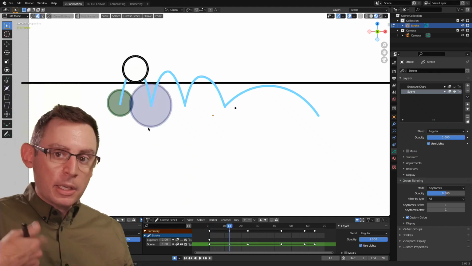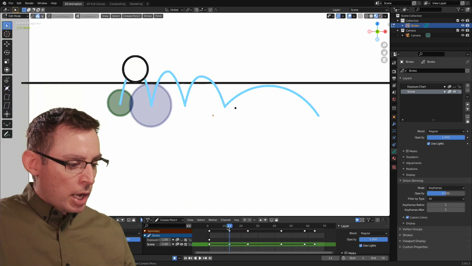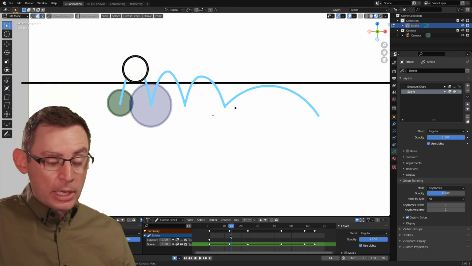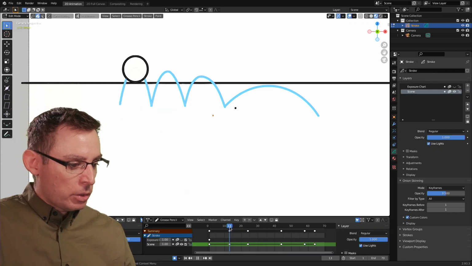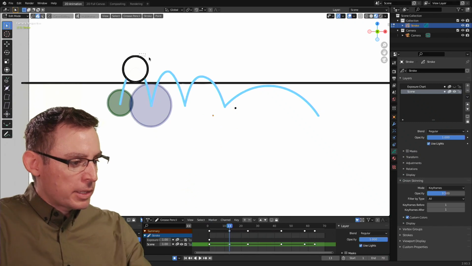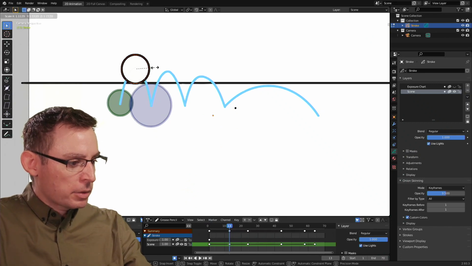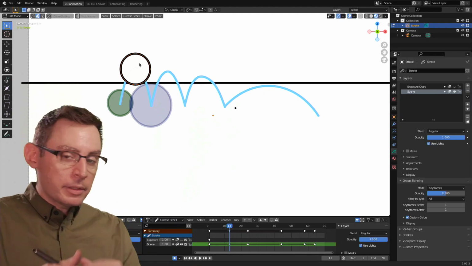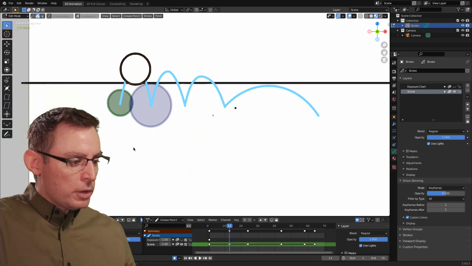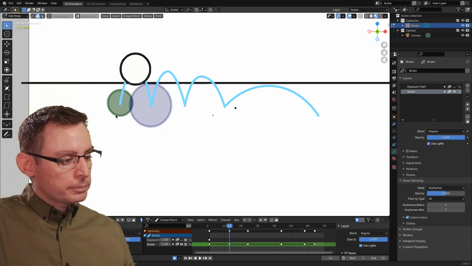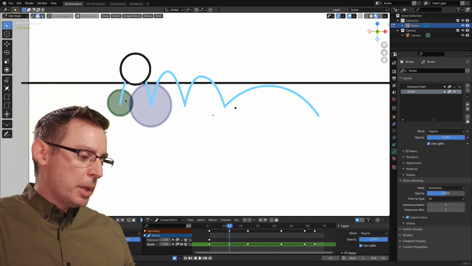Your onion skinning is going to do a good job of helping us understand what's currently active on each animation frame. Okay, so I like this. This is a good place to begin. I think I'm going to increase the scale of this object ever so slightly, because not only is it going to be moving, but it's going to be scaling simultaneously. And if you look at the onion skinning here, it's telling us quite wonderfully how big it should be.